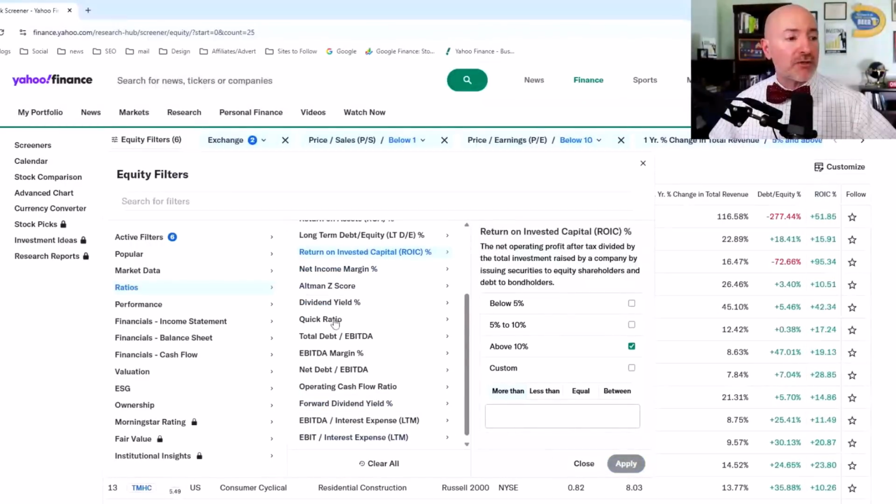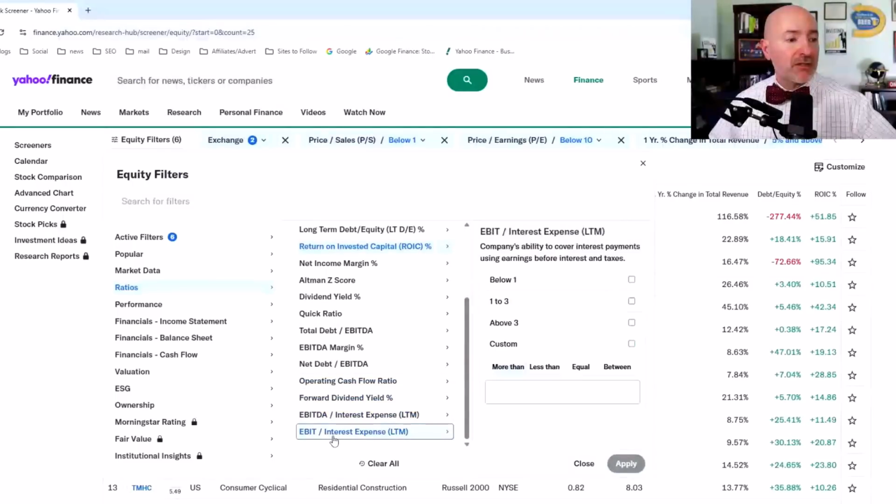And last, we're going to use this EBIT over interest expense ratio. EBIT is earnings before interest and taxes. So not necessarily the operating income, it's the operating income added back to depreciation and amortization. Not going to go all accounting nerd on you, folks, but that depreciation and amortization is a non-cash charge. So even though companies can take that out of their income statement to reduce their taxes, it's not actually something that they have to pay. So we're going to add that back into our operating income